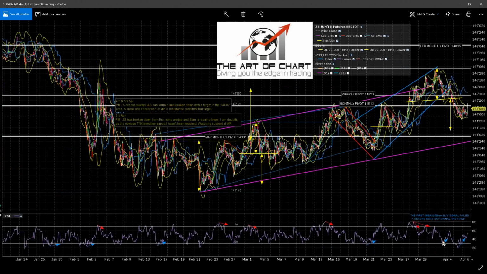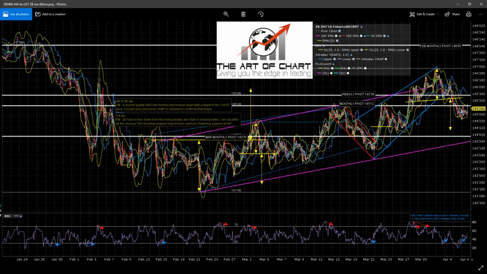ZB. ZB, we've got a 60-minute buy signal that has fixed. And we've still got a head and shoulders. That's still got a target in the 144.07 area, but as I've been mentioning, we do have likely unfinished business above at ZB, so I would not be at all surprised to see a retest of this high. And if we were to see that, then that would set up a likely double top, and it would hit my TNX support trend line, which should really be hit here. So I would not be surprised to see this deliver.